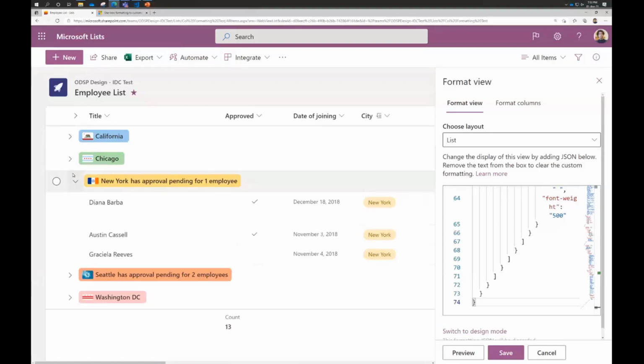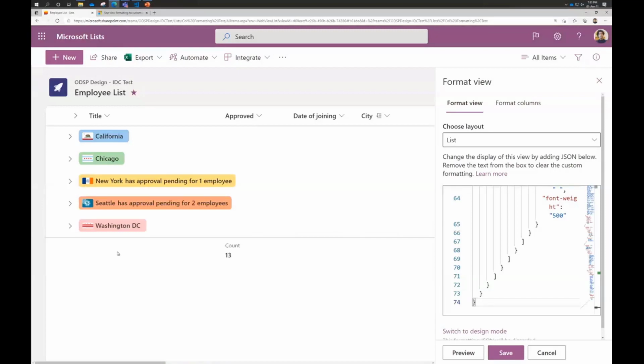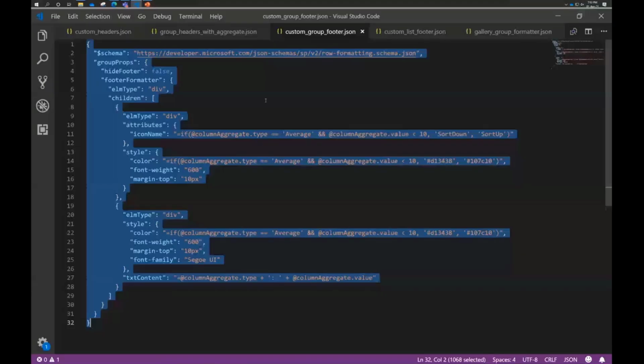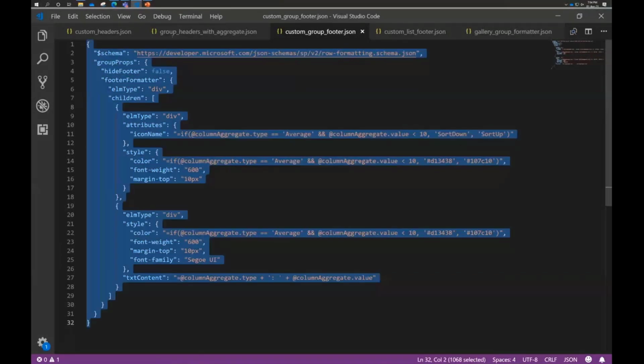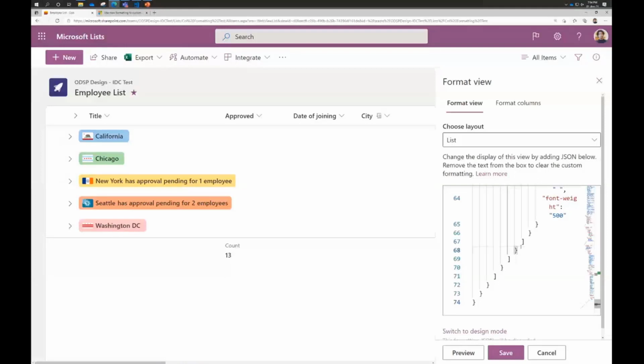Moving on, the next demo is for the custom footer. For this, there's a new prop again called footer formatter, and all this goes inside the group props for group footers, and the rest inside is similar to JSON styling. I'll copy this code, go back to the list again, remove the existing JSON, paste the new JSON and hit preview.